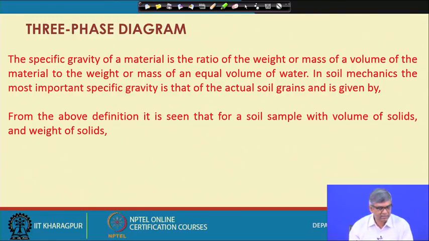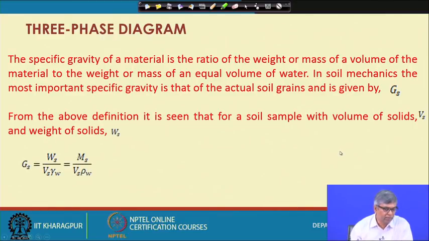In soil mechanics, the most important specific gravity is that of the actual soil grain, and is given by Gs. From the above definition, it is seen that for a soil sample with volume of solids Vs and weight of solids equal to Ws, your Gs will become Ws by Vs gamma W. So, that means